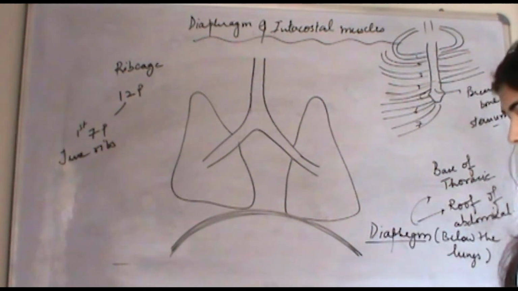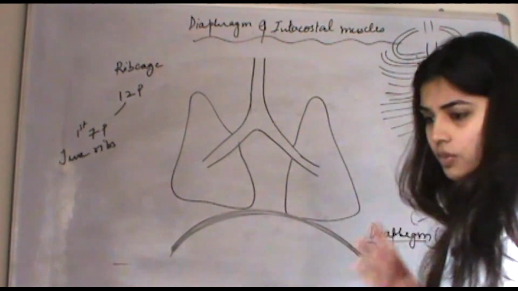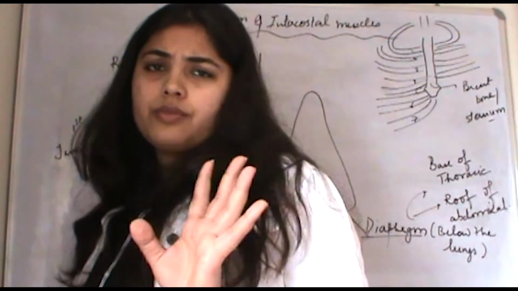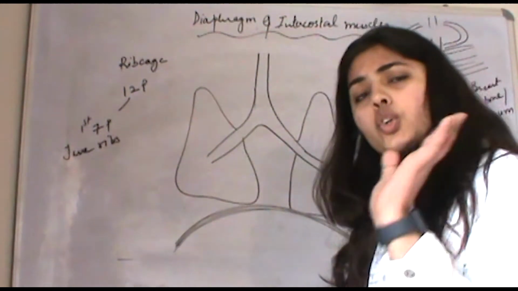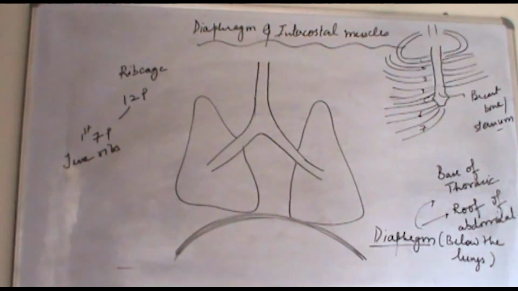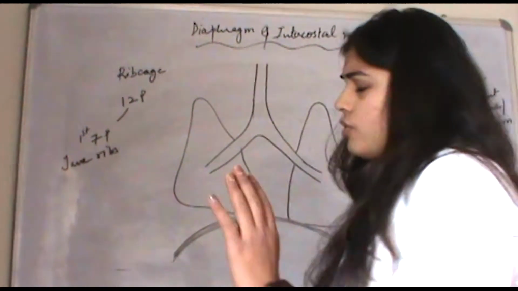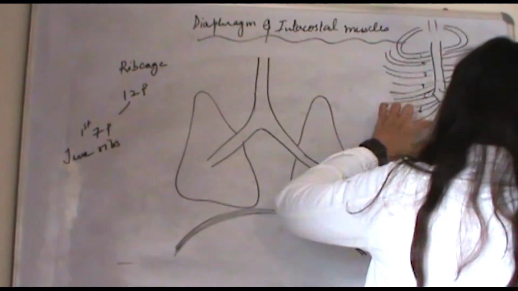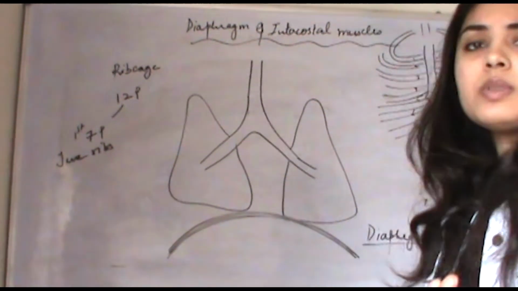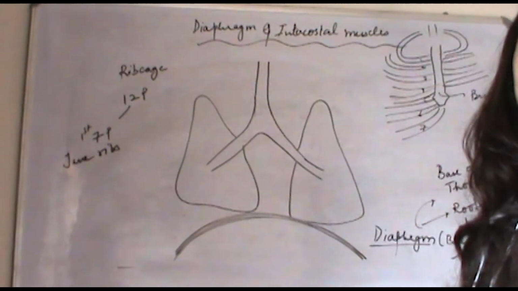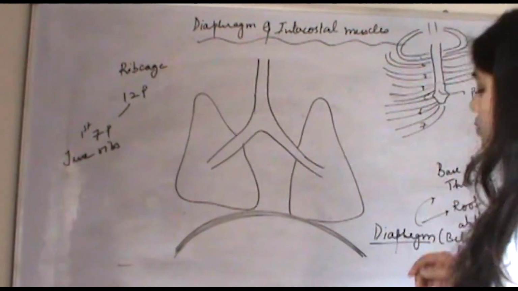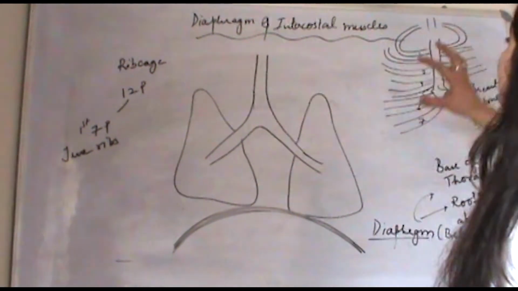Okay, what happens in the rib cage? See, there are 3 types of bones present in the rib cage. In total, the rib cage is made up of 12 pairs of bones. Out of these, the first 7 pairs are known as the true ribs. Why are they known as the true ribs? First of all, because they are present